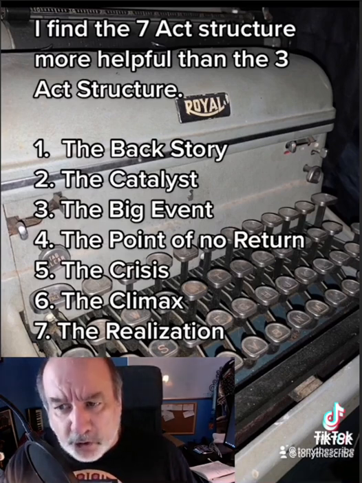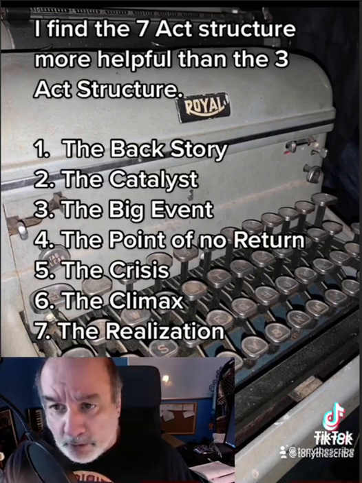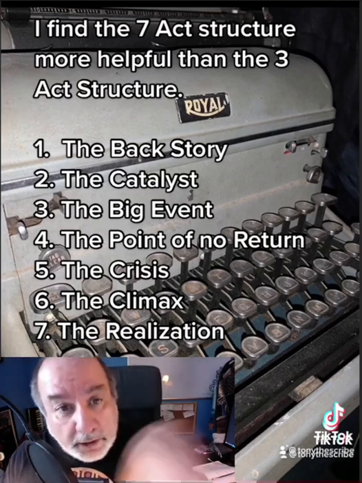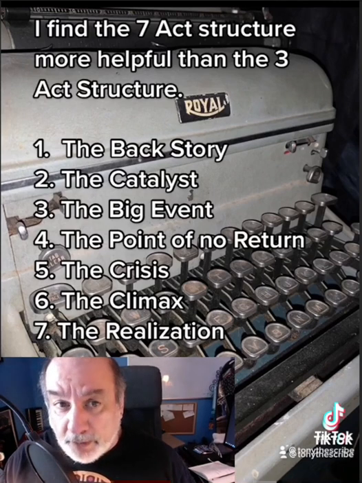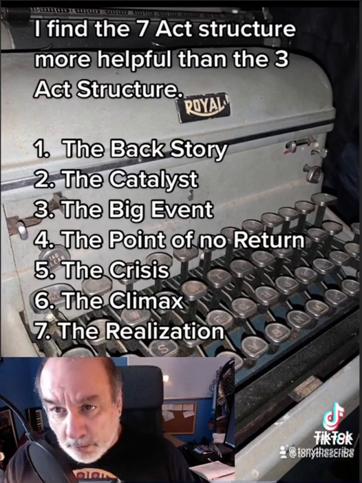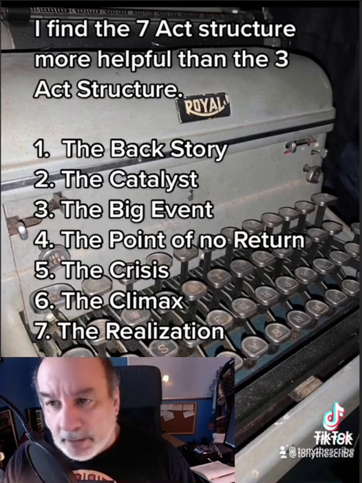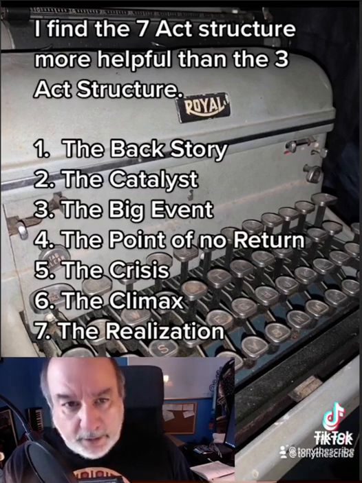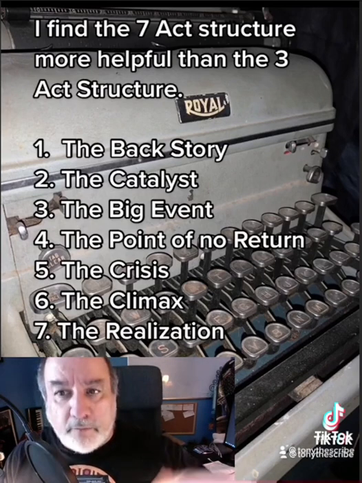The climax or showdown in Star Wars is pretty obvious. That's the final face-off. Luke destroys the Death Star using the Force, which leads him to number 7, which is our realization, or his realization, that the Force is strong within him. And it's also, we realize, and the characters realize as well, Luke is a hero, Han is a hero, and so our 7-act structure begins again for Empire.